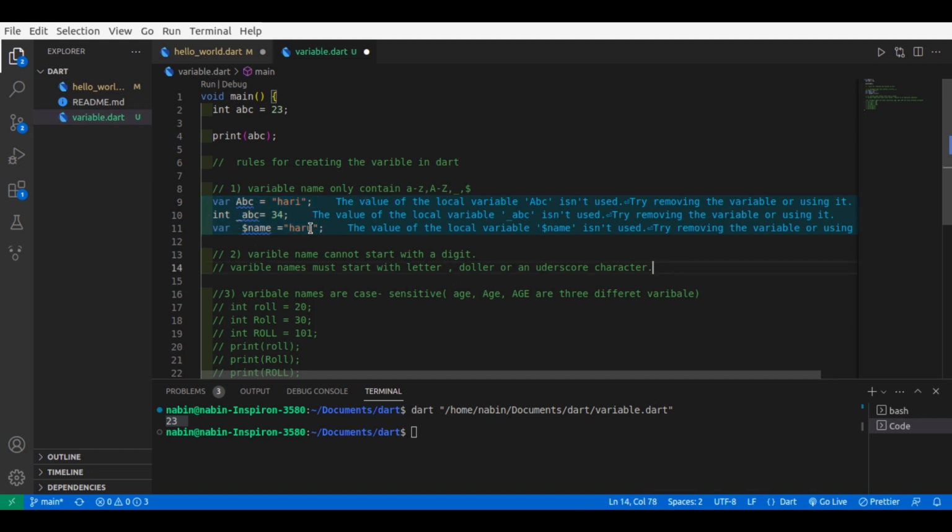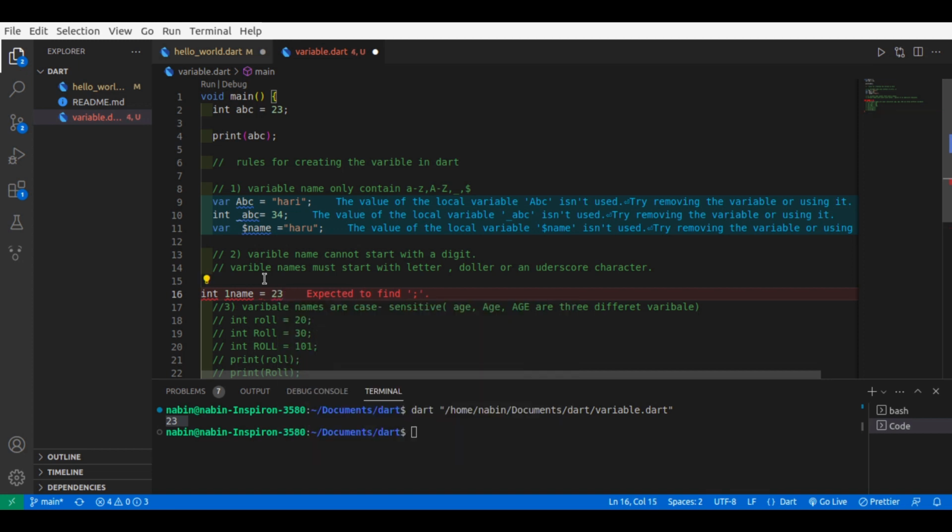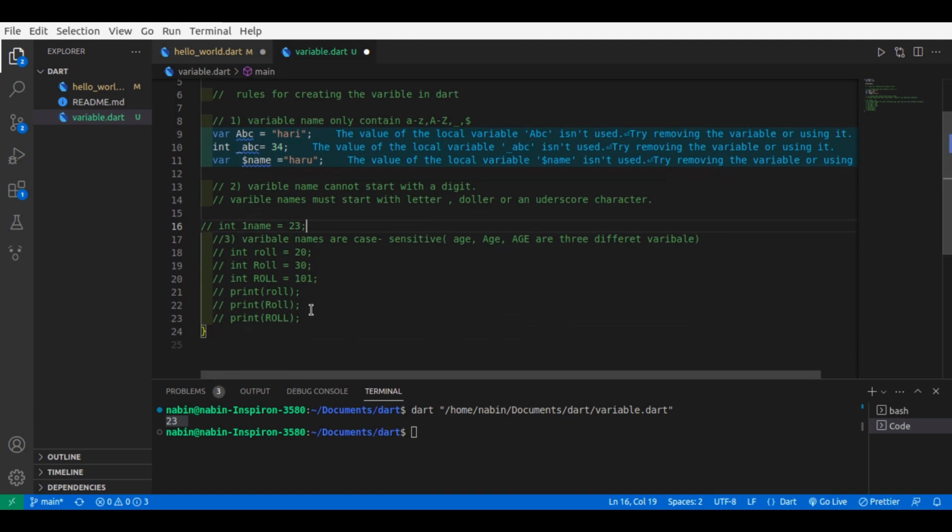This is the same as this. We can show here, if you start the variable name with a digit, then you can see the error. This is the incorrect way of writing. And last, and one important rule, I have already written that